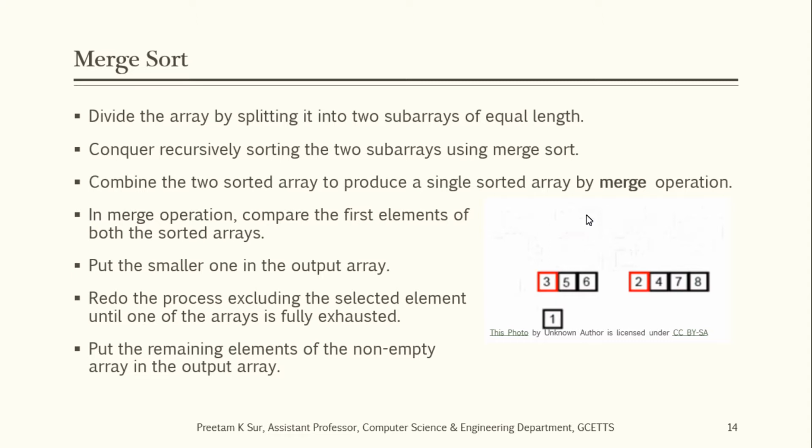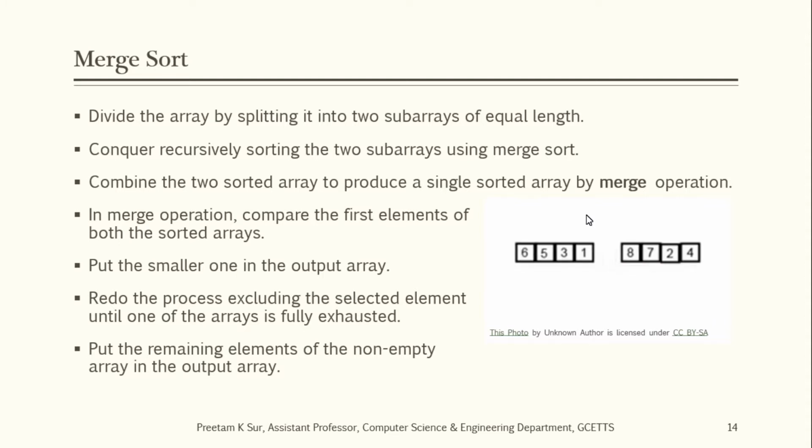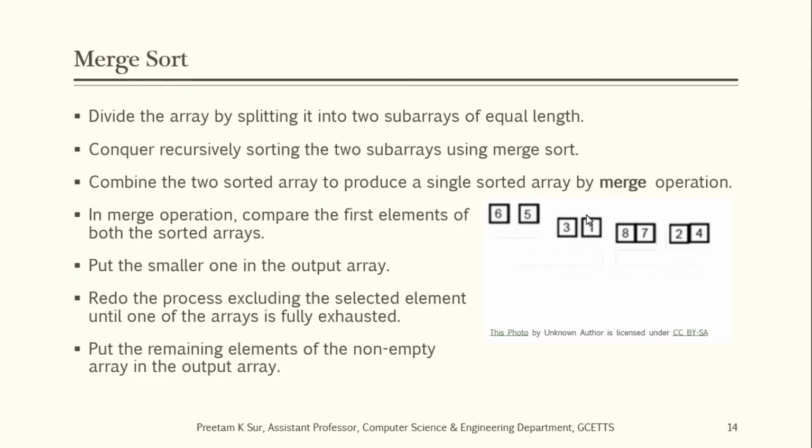Now if you take these two parts, first 1 will come, then 2 will come, then 3 will come from the left side array, then 4 will come from the right side array, then 5 from the left side array, then 6 from the left side array. Now at this point 7 and 8 are in the right side array, but the left side array has got empty, right? So we have to copy those 7 and 8 from the right side array into the original array. So this is how merge sort is done. This slide will be shared with you, so you can take your time to watch this animation fully for all those algorithms.